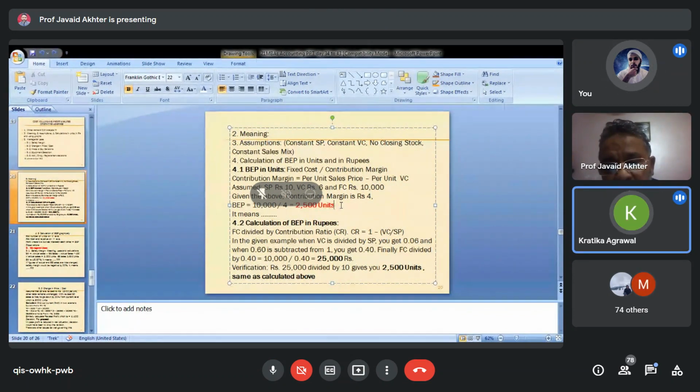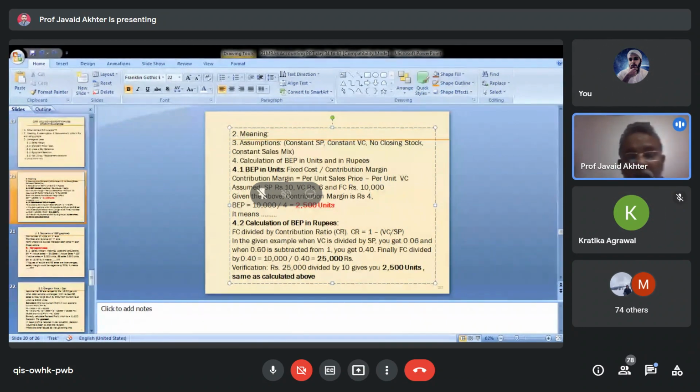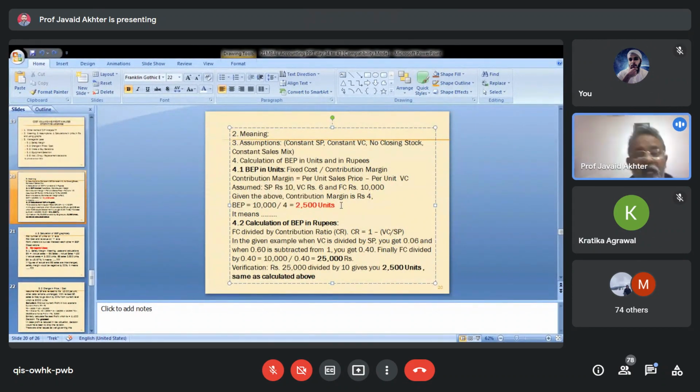25,000 rupees. Correct? It will simply be 25,000 rupees. But there is a necessity, just one second. There is a necessity to find out the break even in rupees, because subsequently we will be required to use